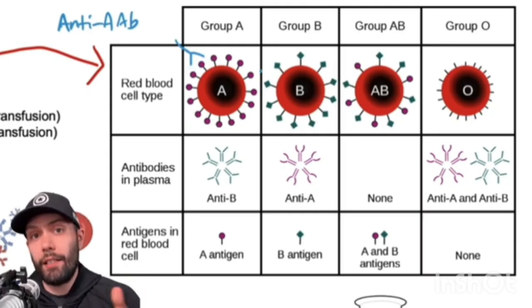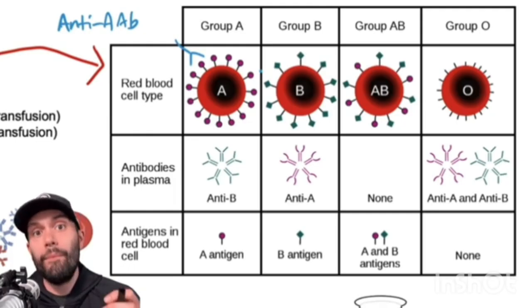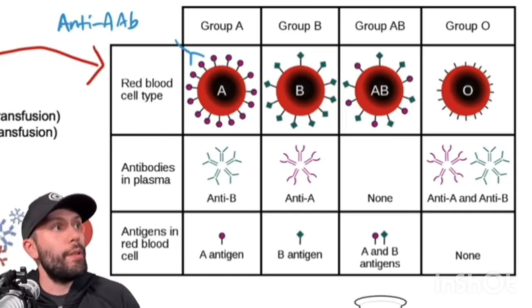And this is exactly what we talked about when we talked about type 2 hypersensitivity reactions. We had antigens that were on the surface of cells that antibodies bound to and then marked those red blood cells for destruction, primarily mediated by complement. And so that's the concept here. So these red blood cells, this group A,